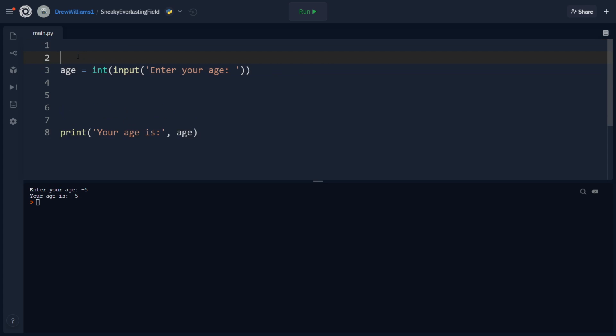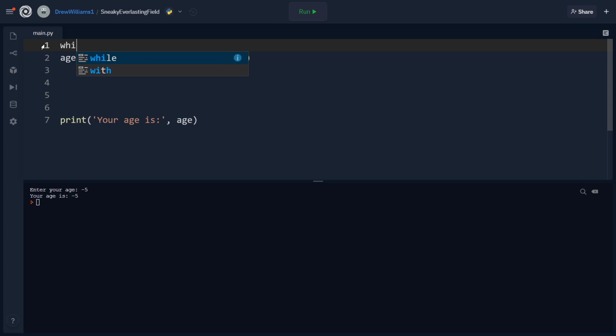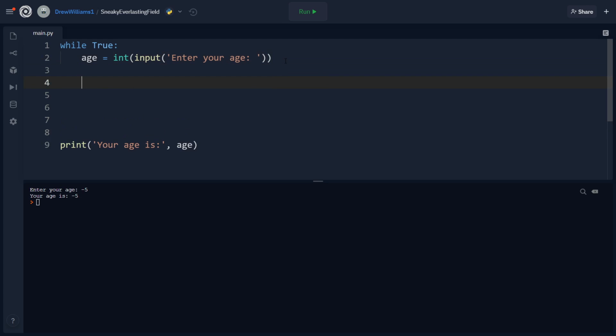You might put it in a loop. So while, and you're just putting something inside a loop, and if you just want the loop to start no matter what, you just put while true, enter your age, and if